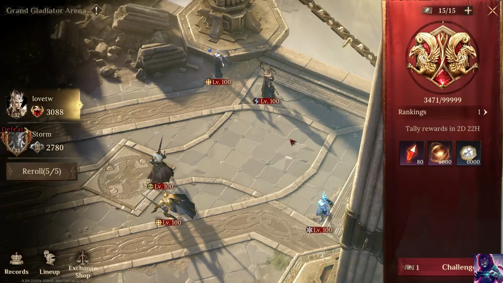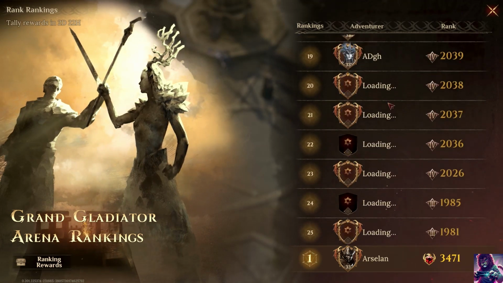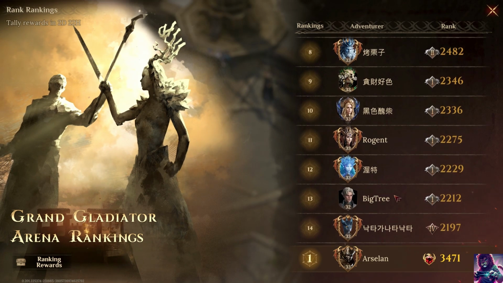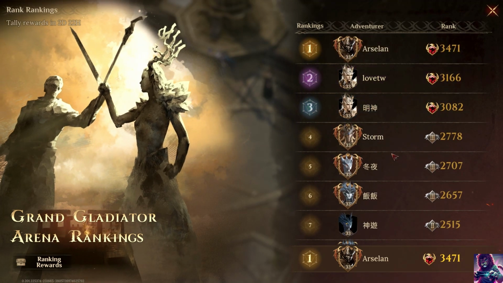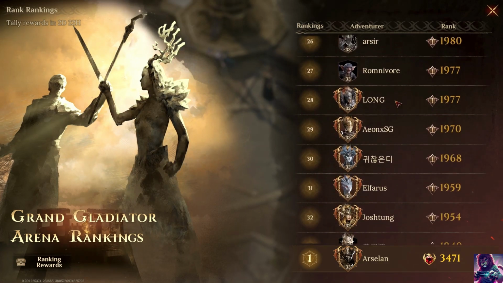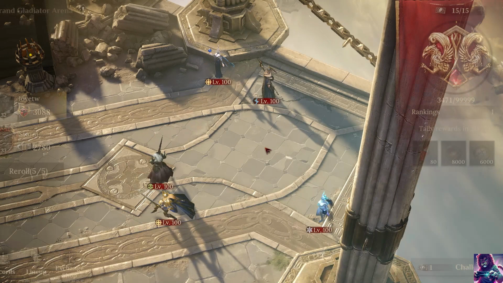I will probably make an arena team just consisting of epics. So my plan is next week I will be making an epic only team to fight in the silver. So I'll be fighting all these champions. Big Tree, I know that he has some amazing champions. There are not many players right now in the silver, but I'm hoping that they will come down here. I will try to fight my way through silver and see how far I can get with my gear